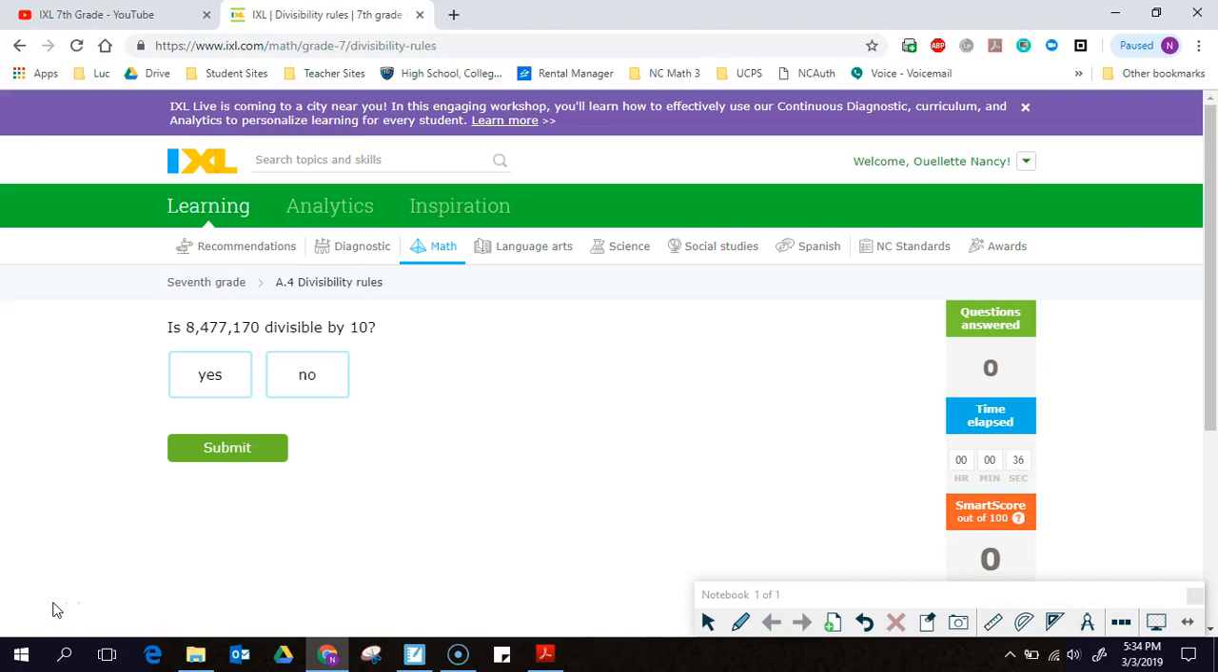This section of IXL is 7th grade A4 divisibility rules. Now I'm not sure exactly which divisibility rules they're going to review here, but I'll just review them as we get to them. Alright, so this says, is